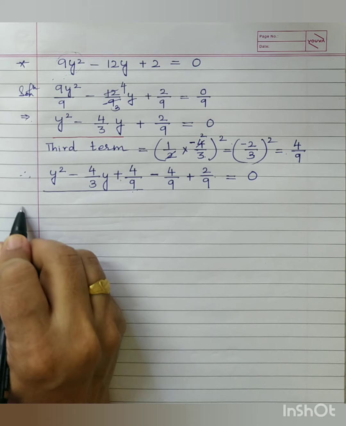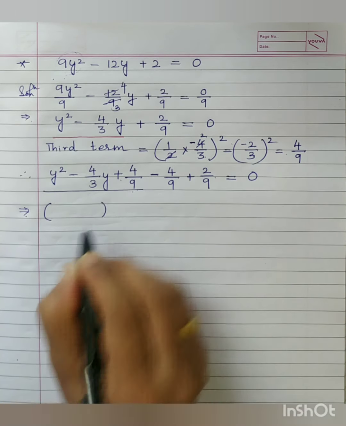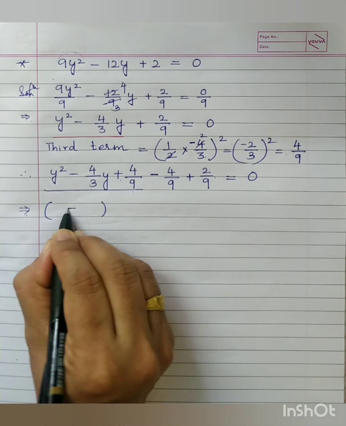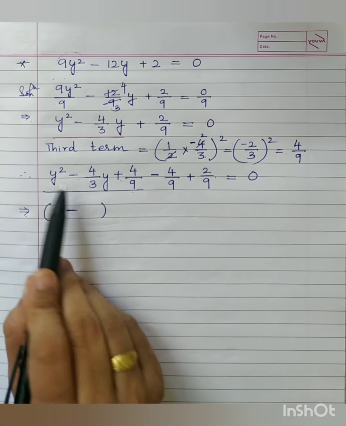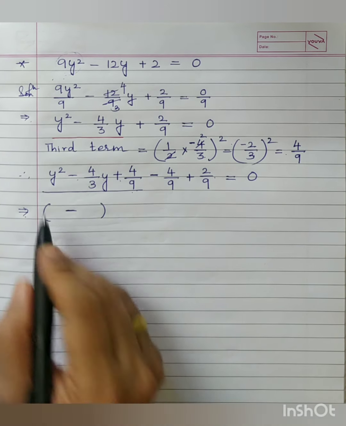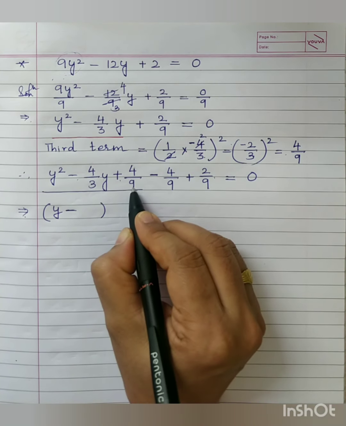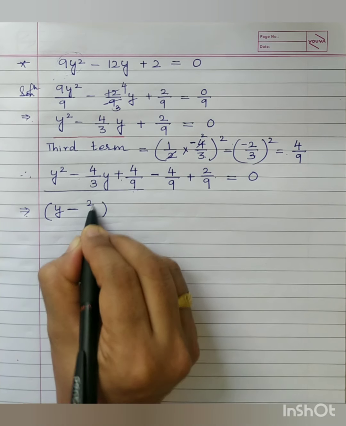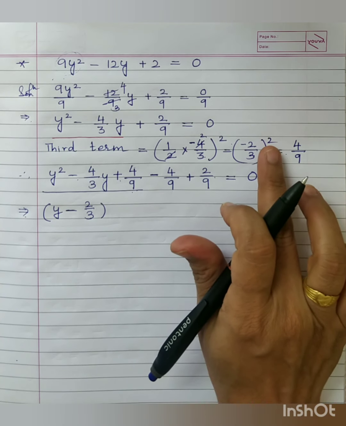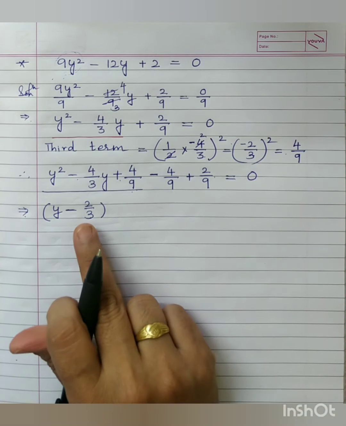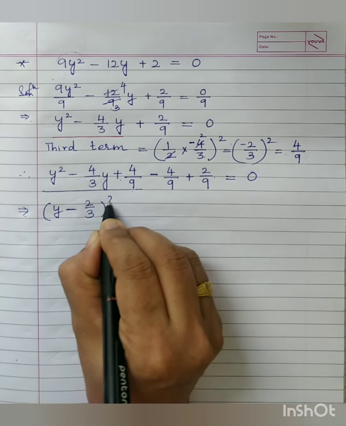I hope you are clear with all these steps. Now this has become a perfect square. What is the connecting sign here? Minus, okay? A square minus 2ab plus b square pattern it is. What will be our a? First term is y square, so your a, that is the first term, will be y here. This is 4 upon 9, so what will be the square root of that? 2 upon 3. You see, when you are finding this third term, before you square it, actually you have got the second term of your binomial also, minus 2 upon 3. Anyways, the whole square. Clear, children?